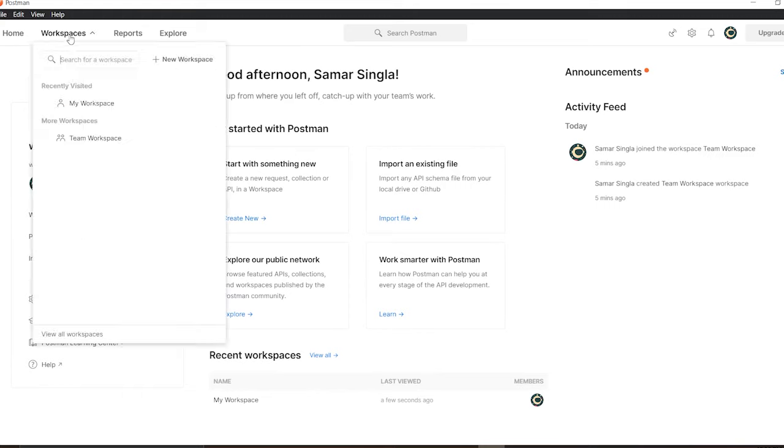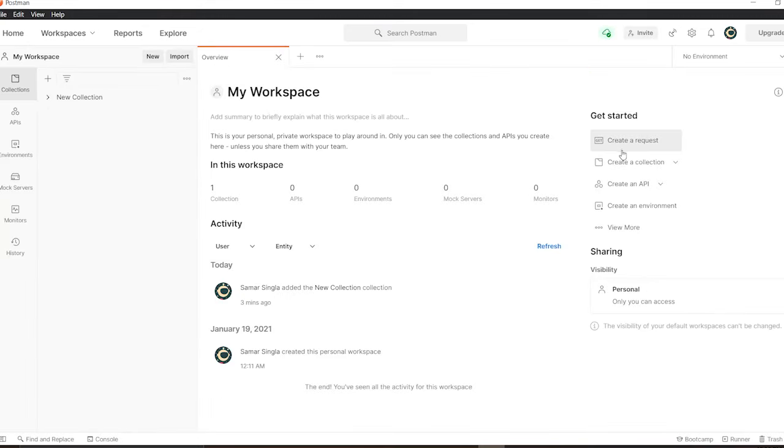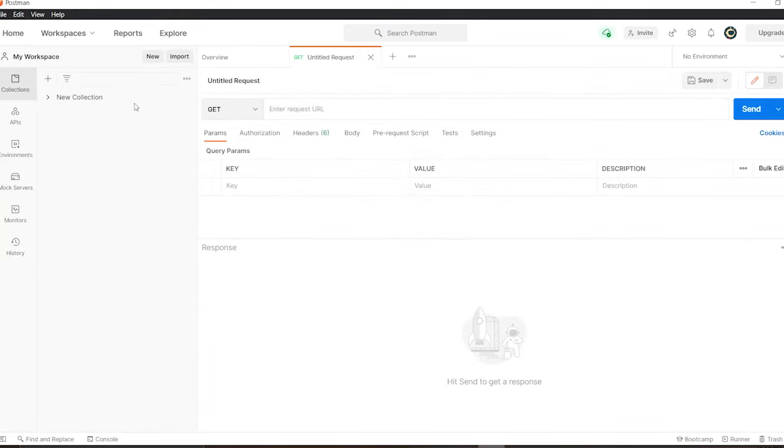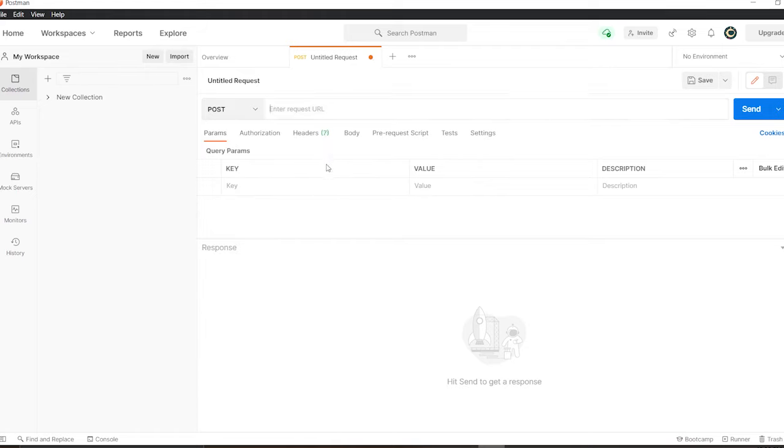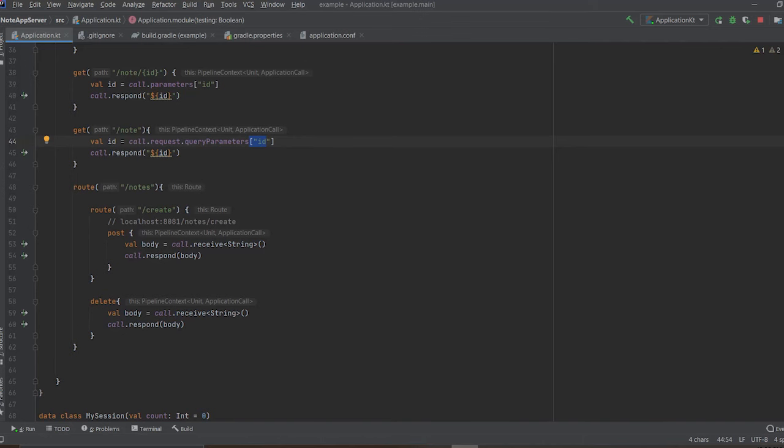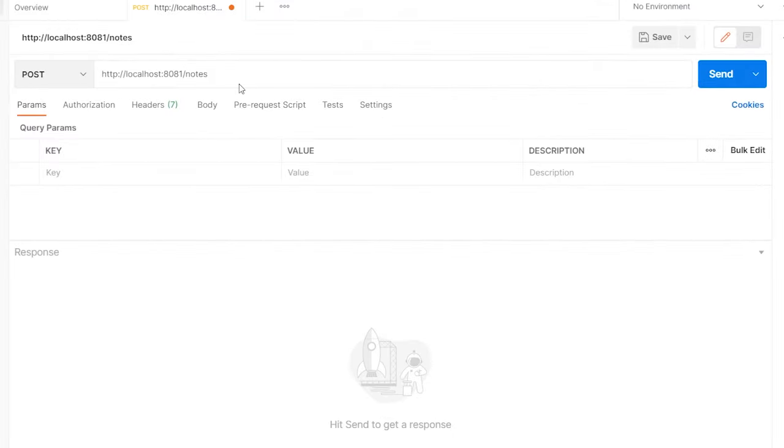To make a request, you just go to your workspace and create a request. So this is the space where we will make our request. We can do any kind of request. You can see different kinds of requests over here. We want to do the post request, and here we have to specify the URL, and the URL is nodes. As you can see here, this is the nodes and create URL. So here nodes/create, and